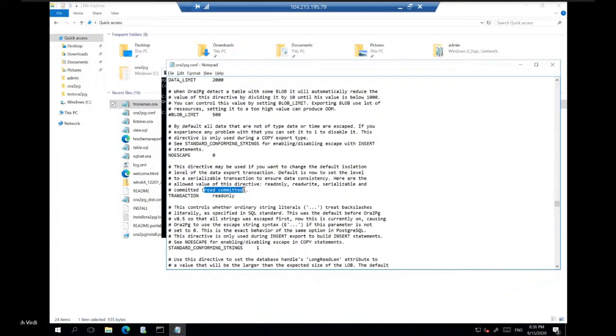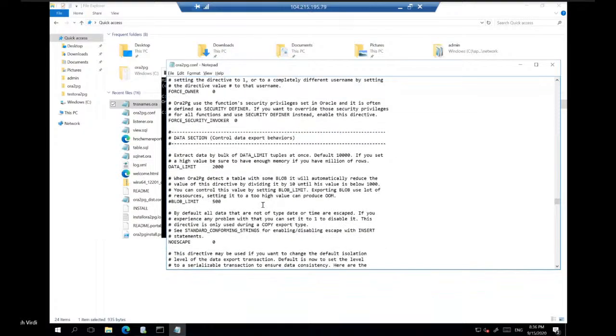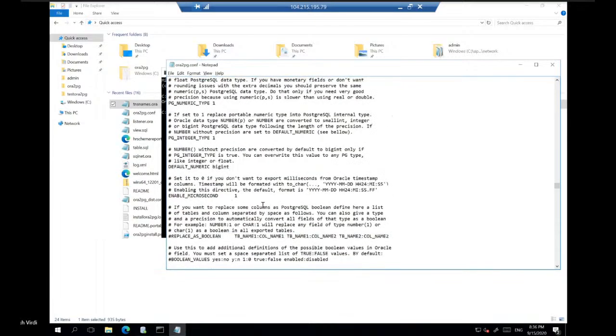This will make sure that you're not doing any dirty reads, because if you don't do this in a production database where you see a lot of workload or transactions happening, anything other than serializable and read committed can give you strange behavior, right? So these are some of the parameters that you need to be aware of.